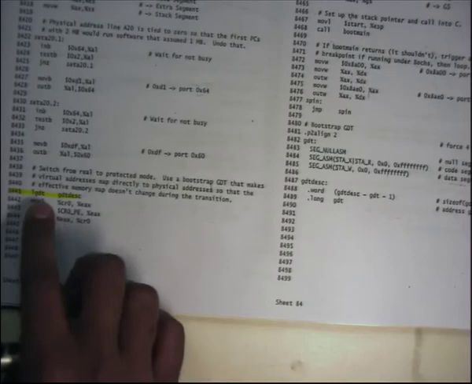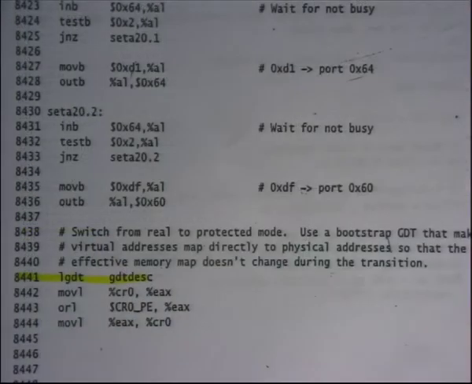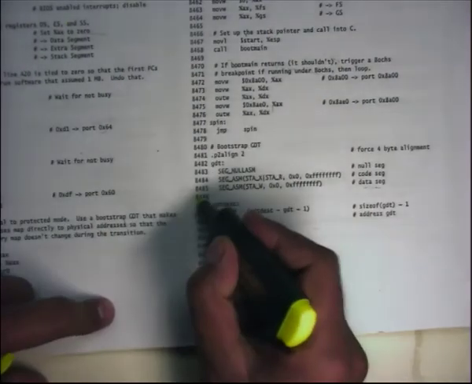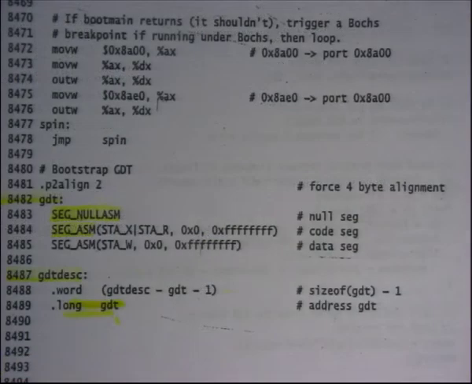Okay. So what are the semantics of LGDT GDDesc? GDDesc itself, the descriptor, is defined here at line 8487. It contains the location of the GDT, and it contains the size of the GDT, right?